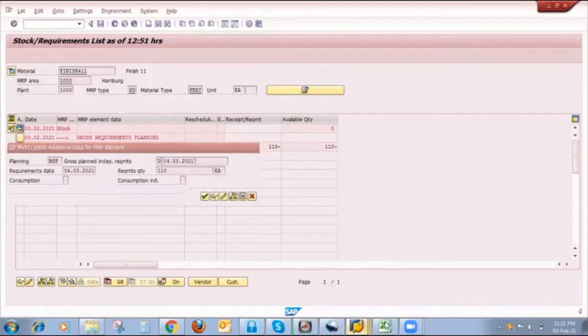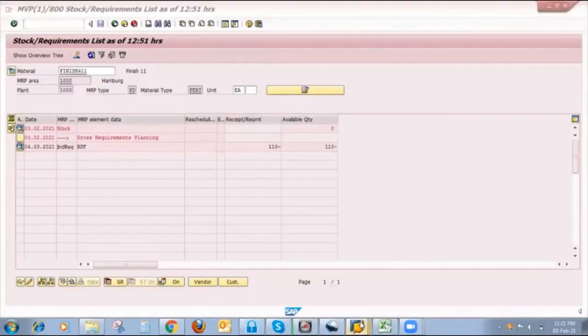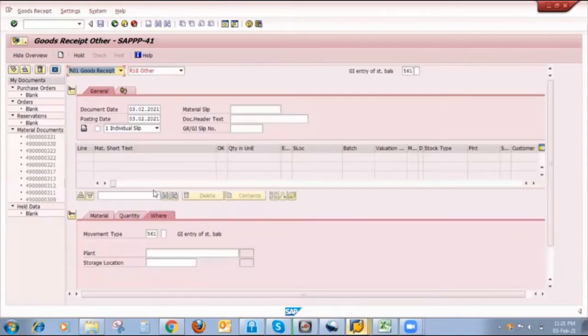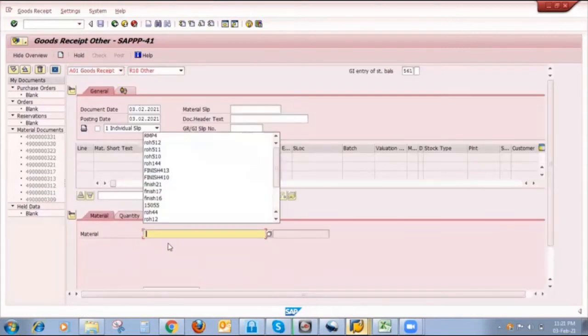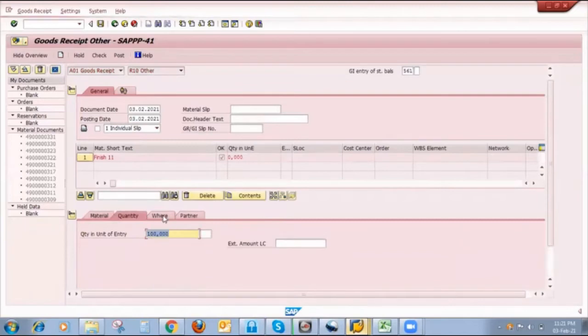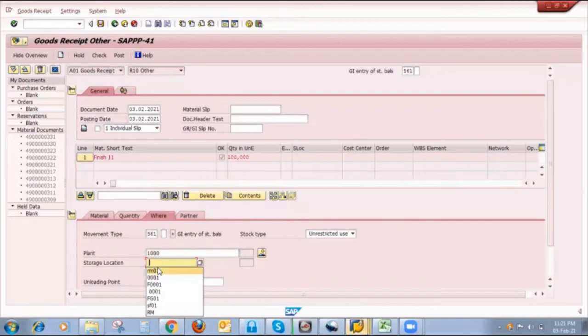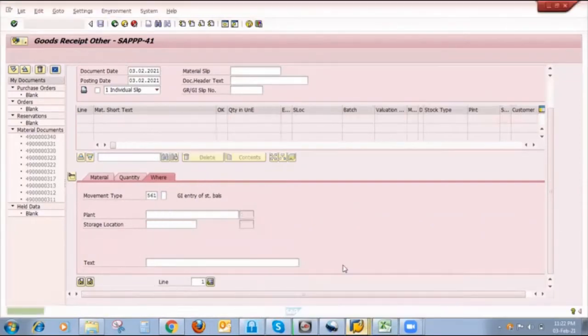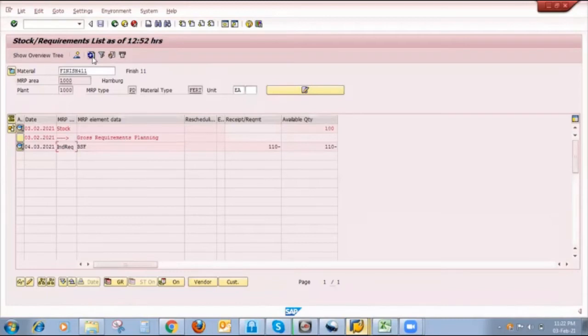Okay, 110. And now I increase the stock of finished material with the help of T code MIGO, and movement type 561. This is my finished material. I put stock of 100 quantity, storage location 0001, plant is 1000. I check. Okay, post it. Once I post and refresh MD04 screen, here you observe that total stock is 100 and demand